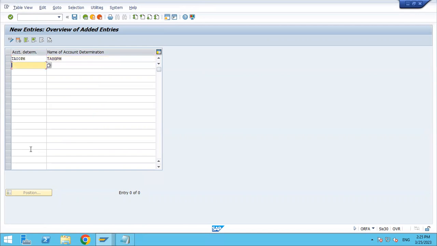One more account determination I will create, TA00 vehicle and motor. So one account determination will be used for the asset class for which we are using the useful life of the asset. Another will be using for